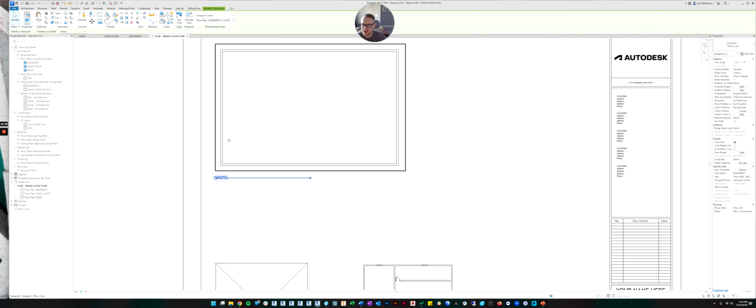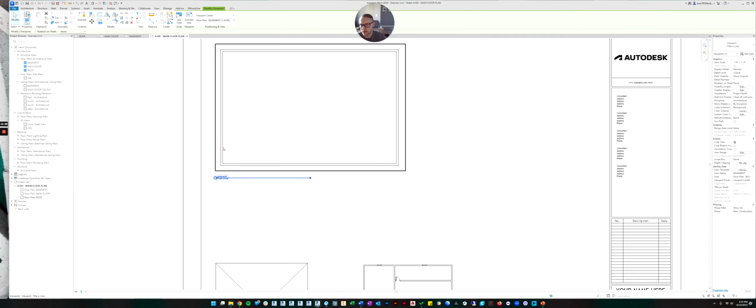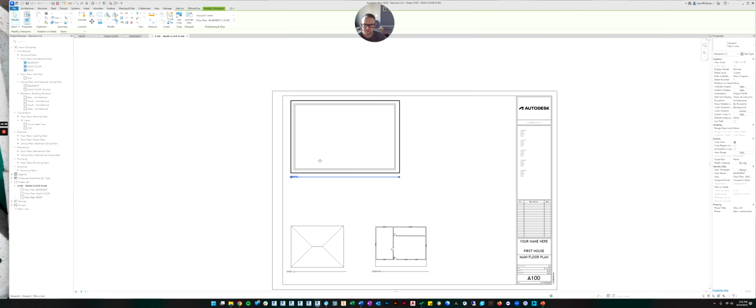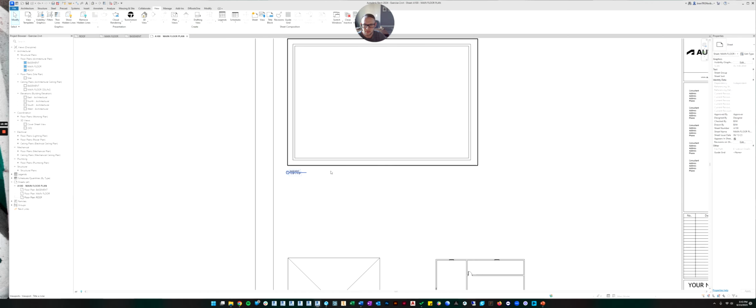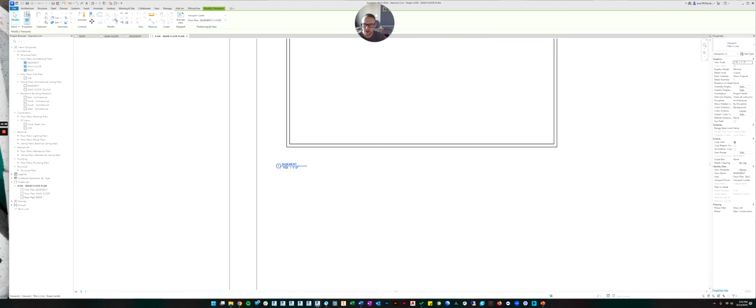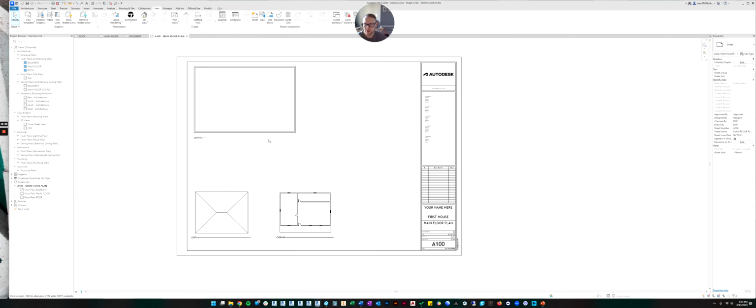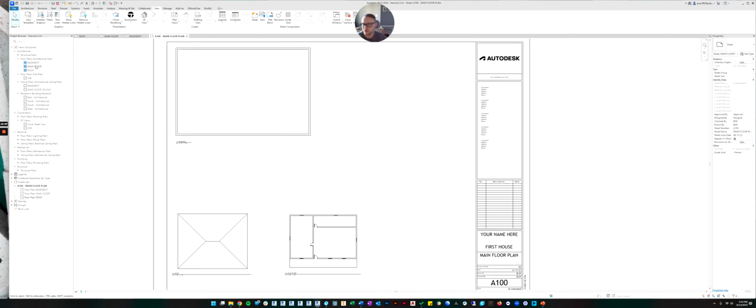And then if you want to make this little line cover the whole bottom, which I like to, you can click on the view and then you can grab the line and you can extend it to the end of the view like that. Or you can just leave it like this as well. And then if you really want to, if you deselect everything and just click on the label, you can move the label around. So if you want the label to be somewhere else than where it came in by default, you can do that.